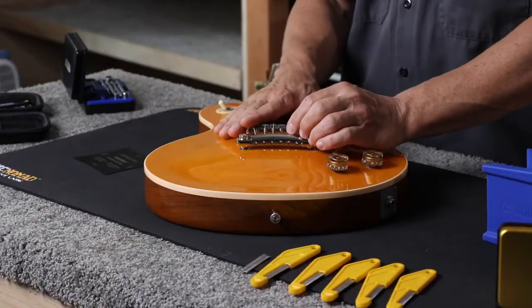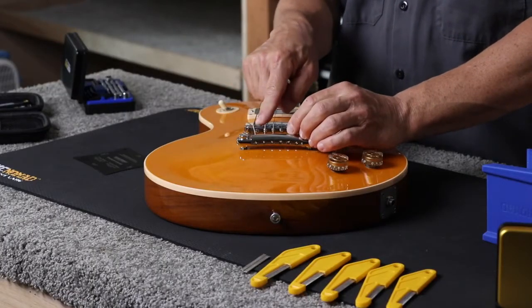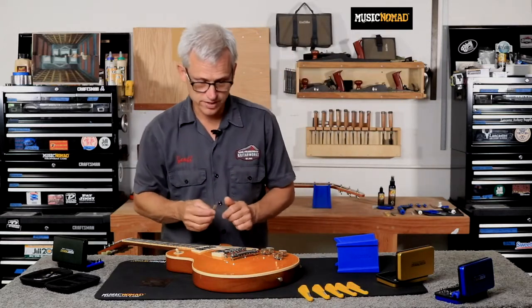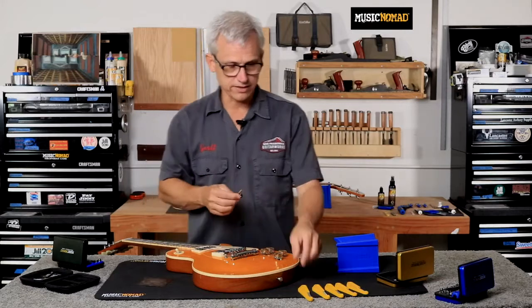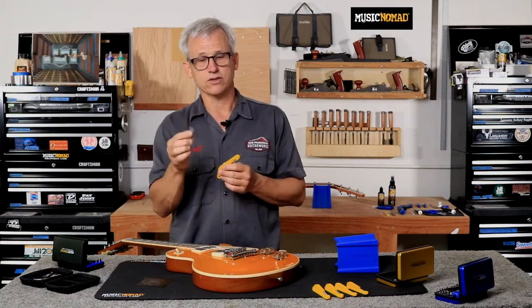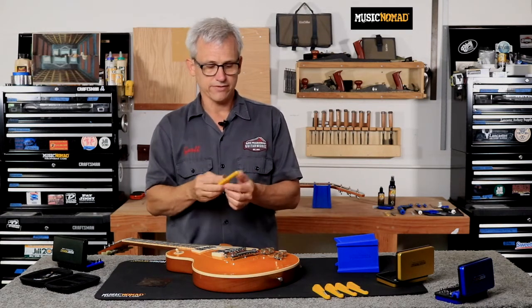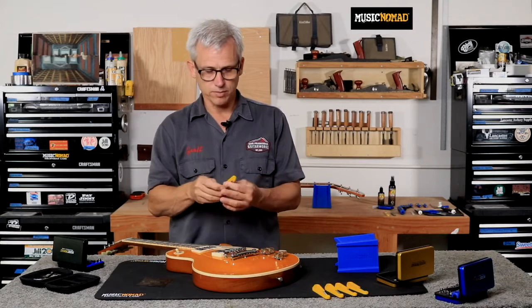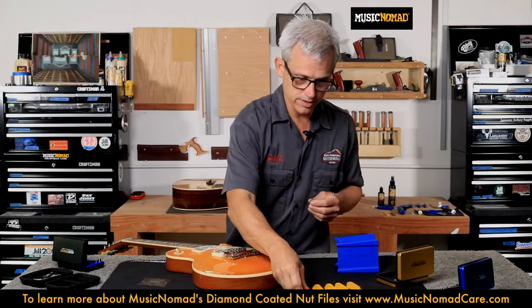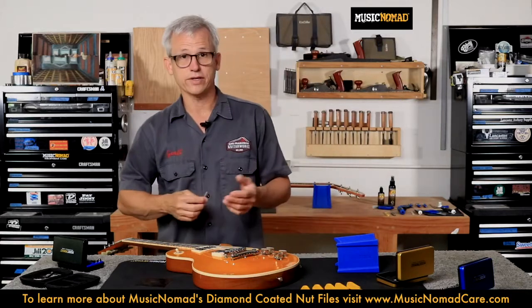I'm going to start with the low E string. I'll pop the string out of the saddle and I will get my proper size nut file for my 46 string. The cool thing about these files is you can use them with the handle or without. Sometimes when I'm starting a new nut slot, I'll use them without the handle just for a little better visibility. If I'm cutting existing nut, I'll use them with the handle because it's really ergonomic and easy to control, but